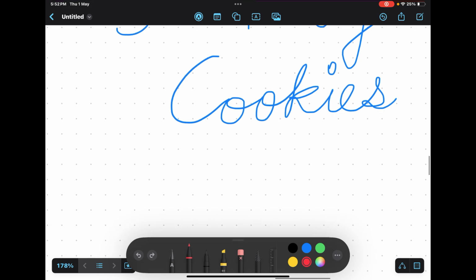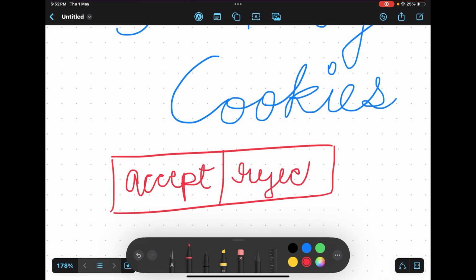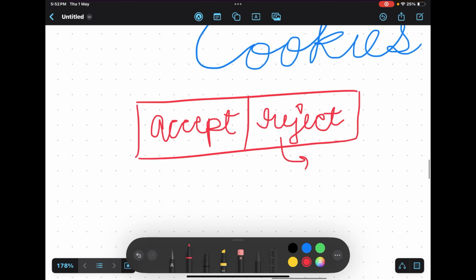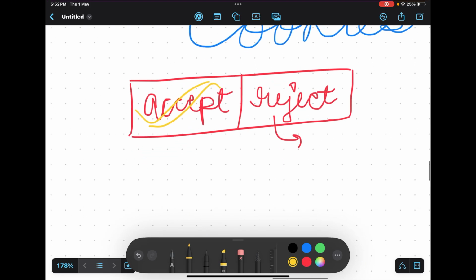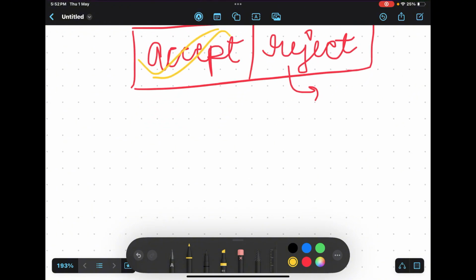So, just a basic context first. If you visit any website, you must have gone through this very familiar notification that our website supports third-party cookies. Whether you want to accept it or reject it, we blindly click this button called accept. Sometimes we click reject, but then it asks again, and the notification keeps popping up again and again. So, we just click on this accept button. We are going to talk about what this accept thing actually does when you click on it. So let's get started.